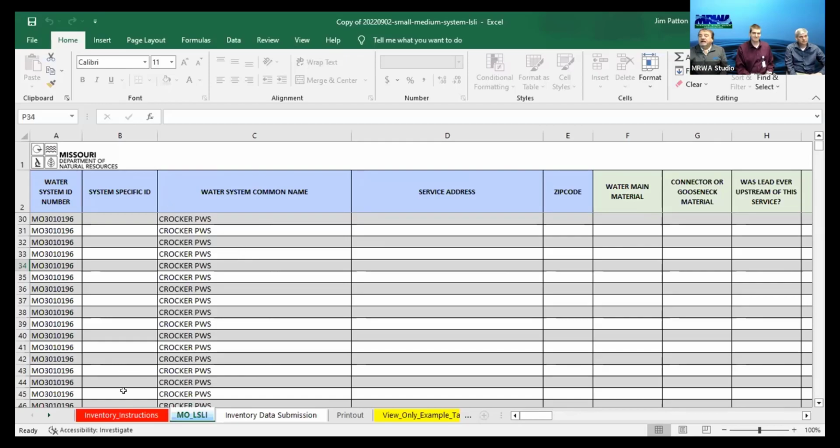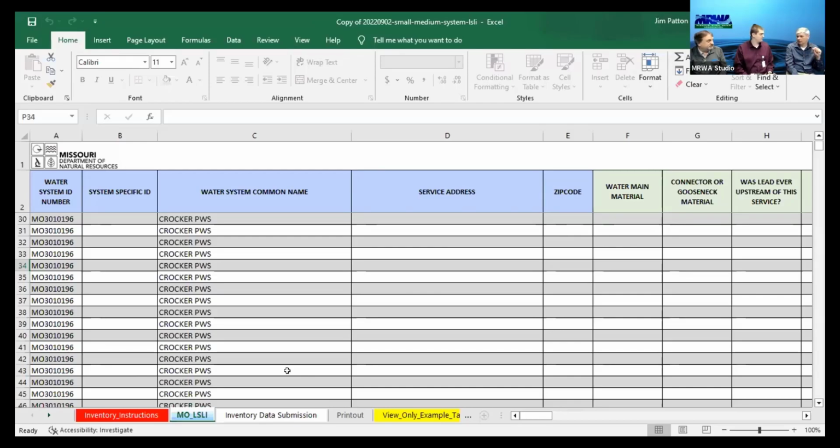You said, can you touch on the sampling at daycare facilities? Daycare's kind of like school. Right. On the lead and copper rule revisions, schools were required to submit 5 samples and daycares were required to submit 3 samples. But since that rule has been shelved, the only thing they want complied with from the lead and copper rule revisions is the initial lead service line inventory.